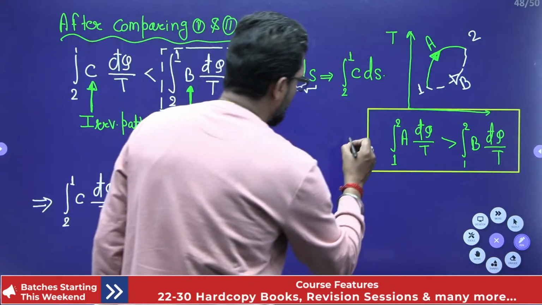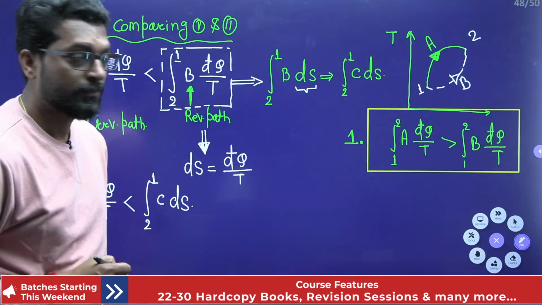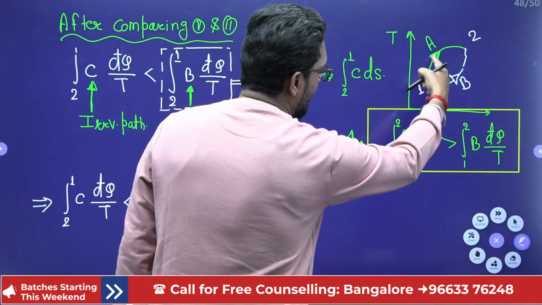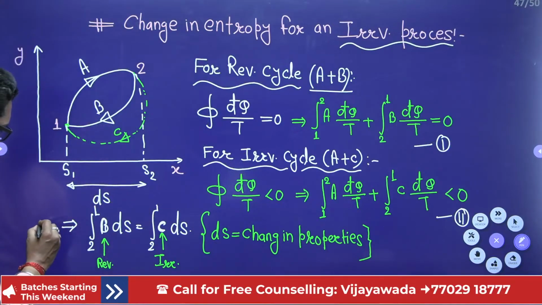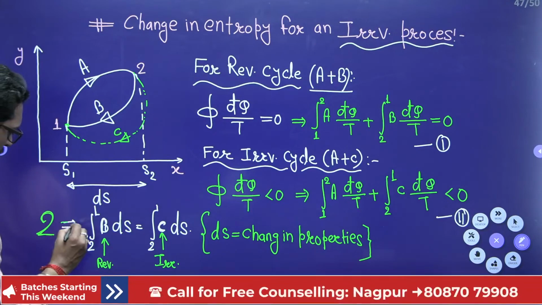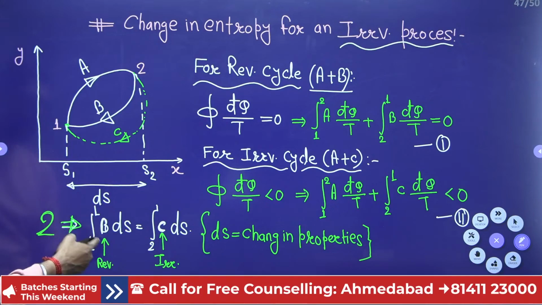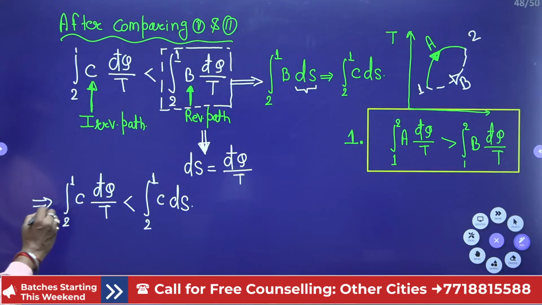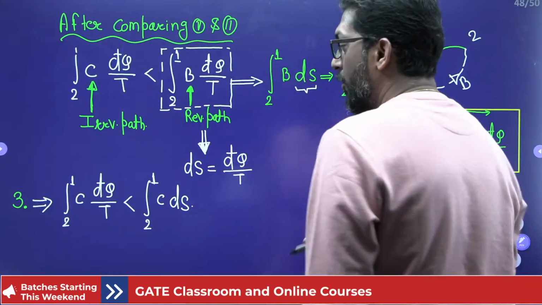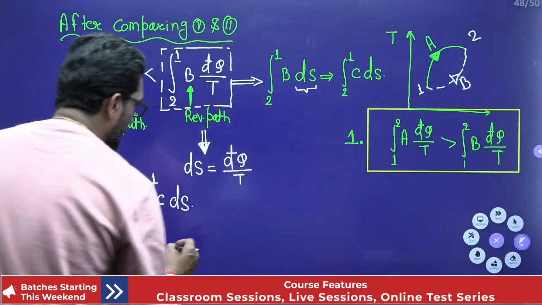This is your first observation: dq by t for path A is higher than for path B. This is your second observation: 2 to 1 via path B is equal to 2 to 1 via path C. And this is your third. This is very important, I am telling you. So from here we can write